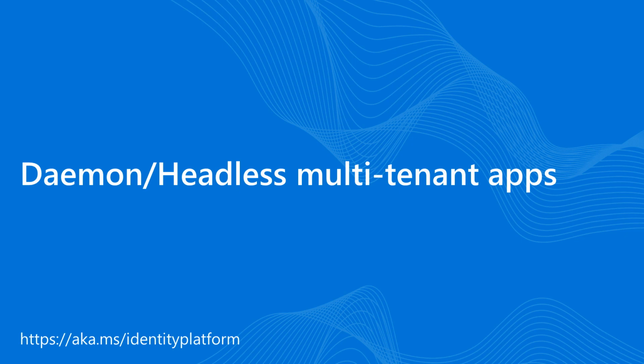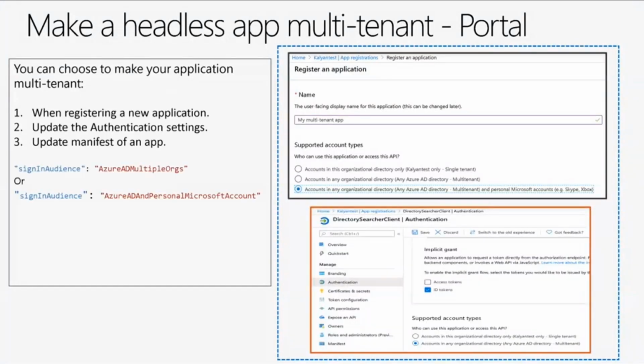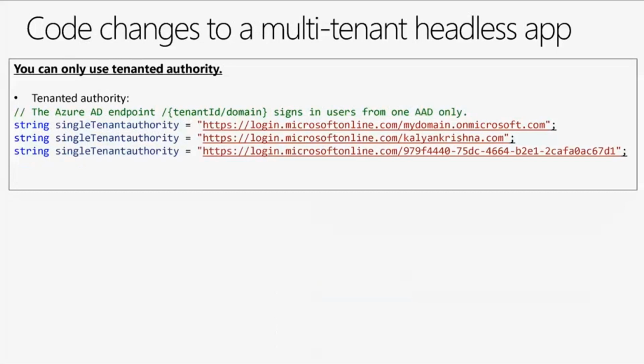The last type of application that we will cover here is referred to as daemon or headless applications. In this case, again, the settings for making them multi-tenant are exactly the same. But there is a difference here when you want to make code changes. Now, the common endpoint that we discussed last time is a multiplexer. When a user is trying to sign into your application, if they land on the common endpoint, Azure Active Directory collects their login name or the user principal name, and using the domain provided in the @yourdomain.com value, Azure AD is able to redirect the call to the user's tenant.